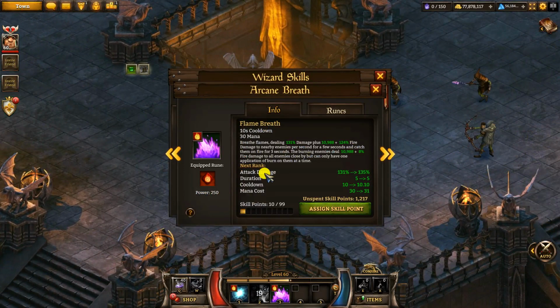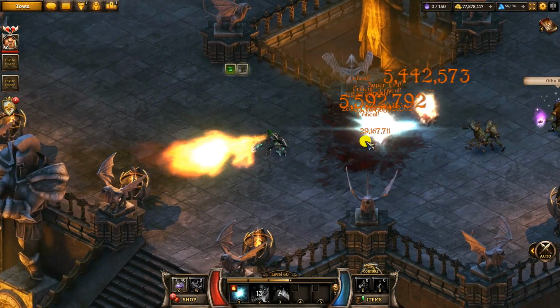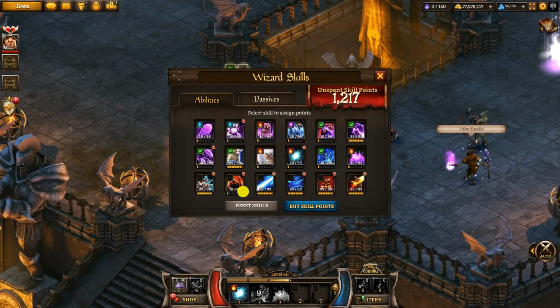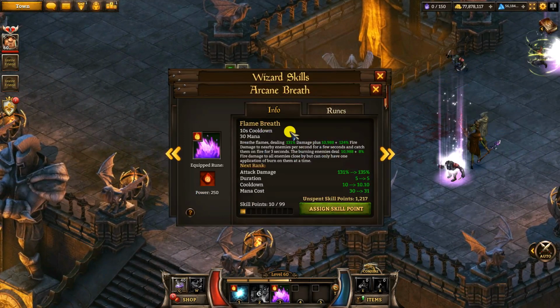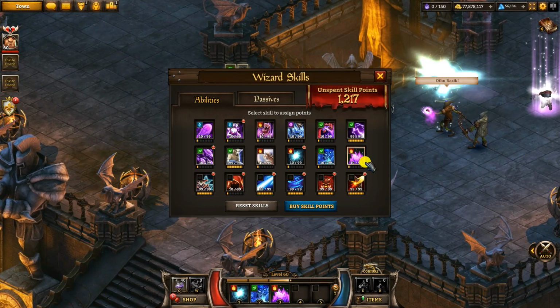And yeah, so Flame Breath, what it will be doing is it adds a load of fire damage onto you. It's actually in a whole circle around you. You can see it goes behind as well. It's just in a huge circle around you. It does a load of damage. This damage skill is huge. It's one of the primary damage skills along with Polymorph and Arcane Beam. These three damage skills are going to be your main source of damage output